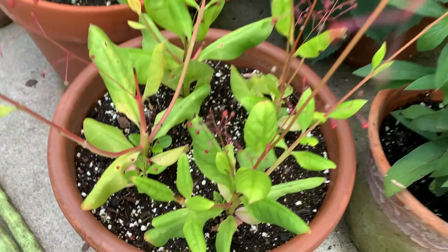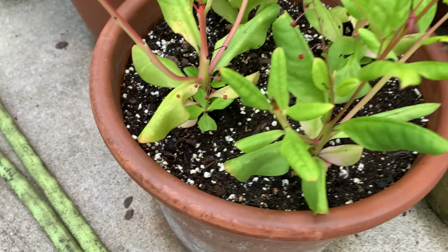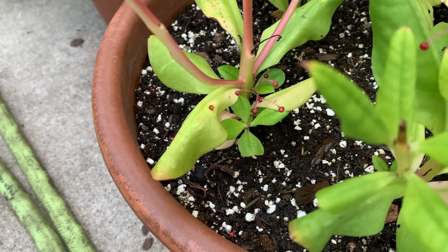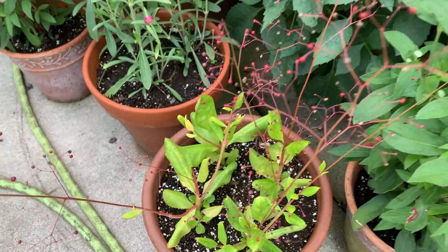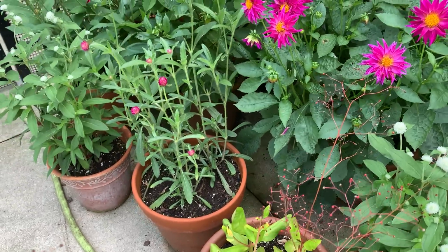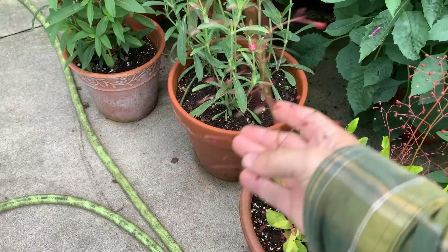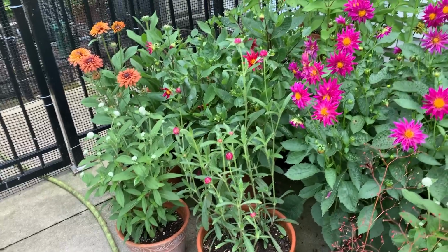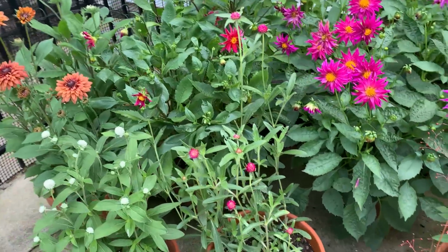The lemon talinum is okay. I needed to plant it sooner than what I did. It's branching out at the bottom, but it might have been stunted just from sitting in the can too long. But I love this in arrangements. And yes, I do have my hose out. I finally had to water after how many inches of rain. It was a lot, but